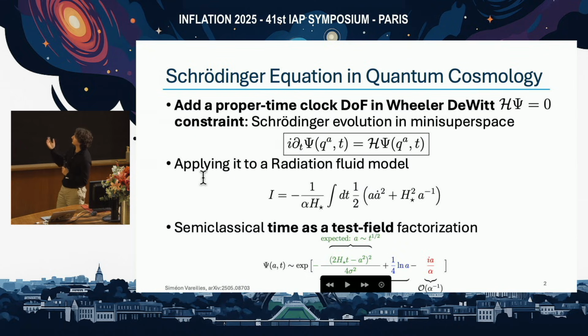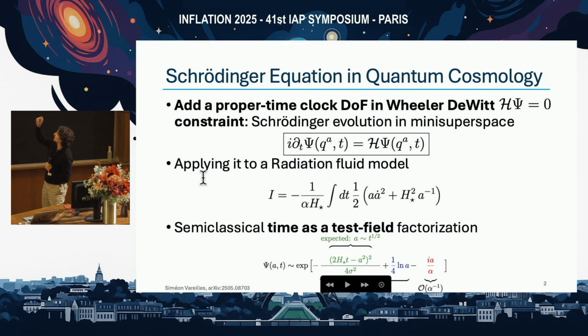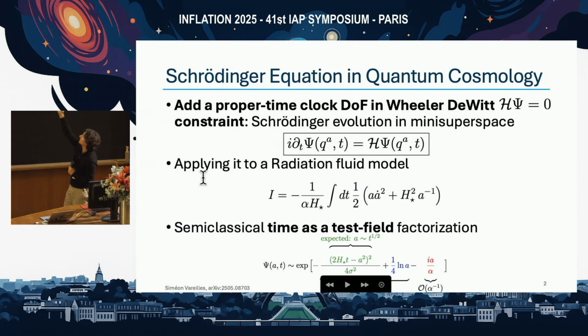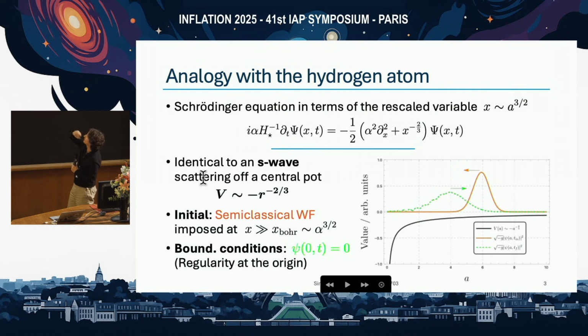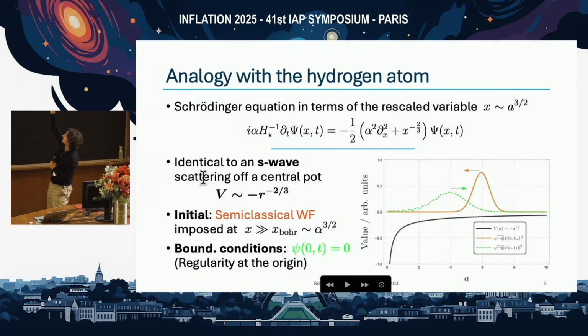And already at the semi-classical level, if one uses a semi-classical WKB ansatz for this equation, one recovers standard classical behavior of the profile of the scale factor as a function of time, and one can also numerically evolve this Schrödinger equation, which is given on top of here. So the kinetic term and potential terms, and this at the quantum level is regular.